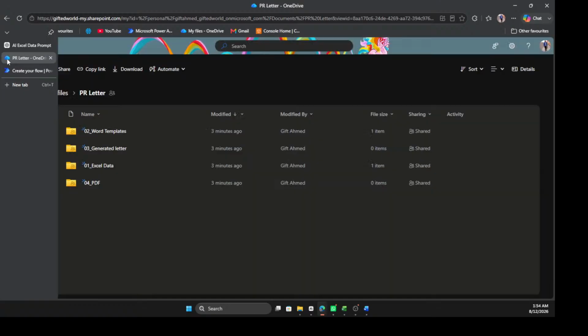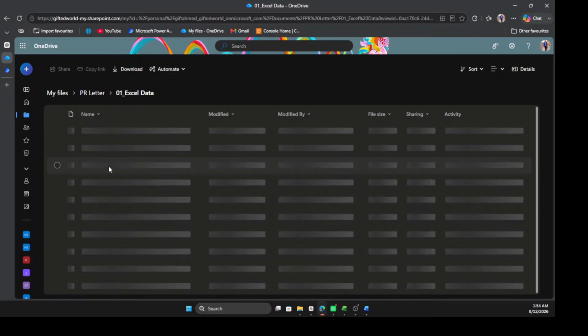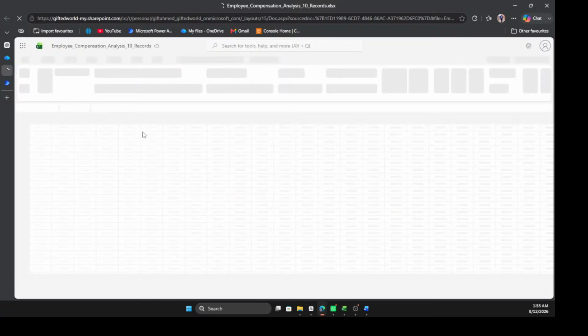Simply go back to your data, go back to the Excel, then you can open up the Excel file